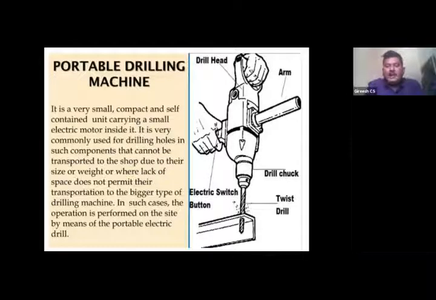So here the component is of a larger size, where you cannot take that component to the drilling machine. So in order to produce holes on such a component, you will use the portable drilling machine, where the feed movement is given with the help of manual force only. It has a trigger in order to switch on the machine. A switch will be there. Once you switch on the machine, you can use an electric based machine, and you will also have a battery type.